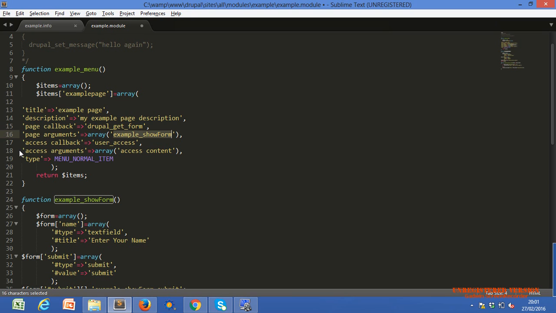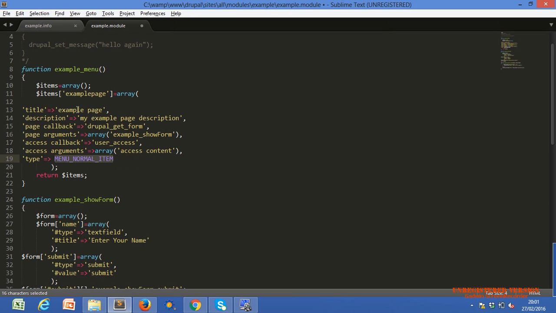The access argument is also a kind of security argument, whether it will be accessed or not, and the type says where we should display this module.